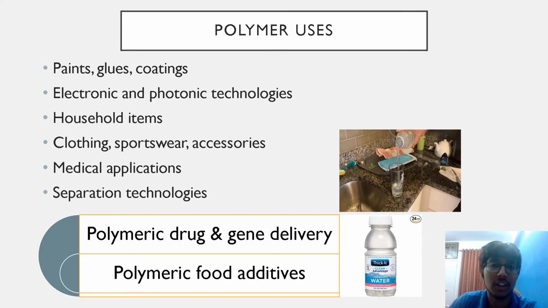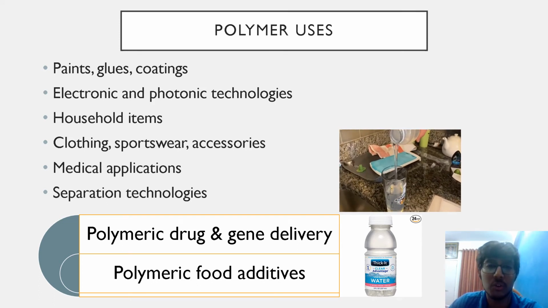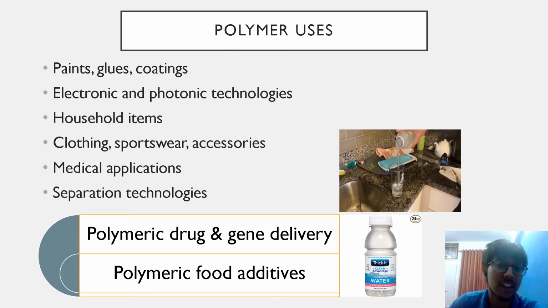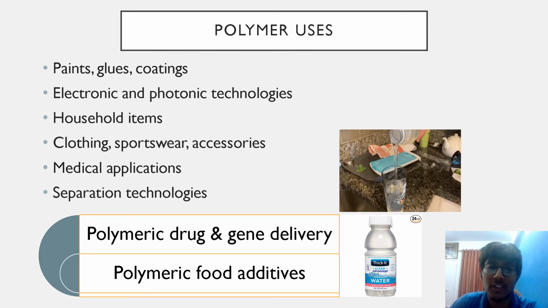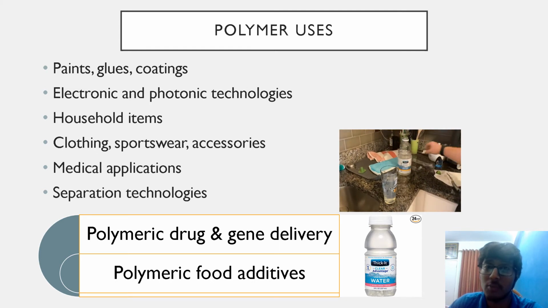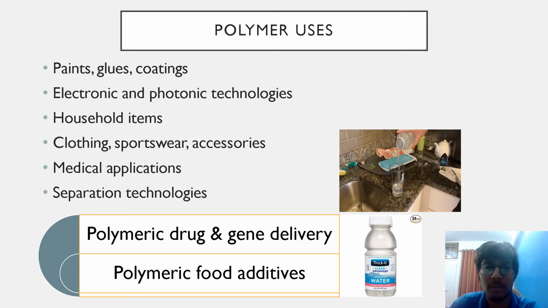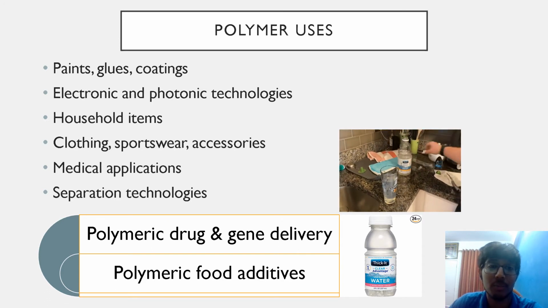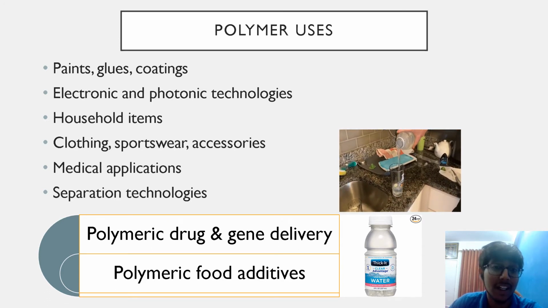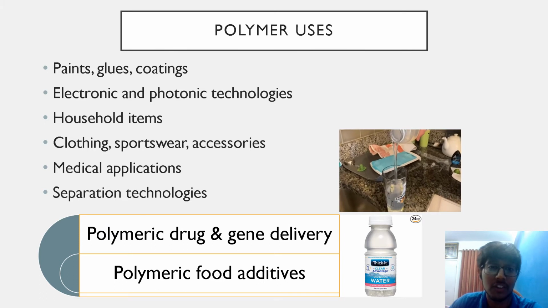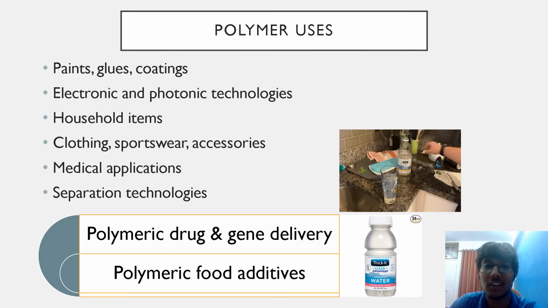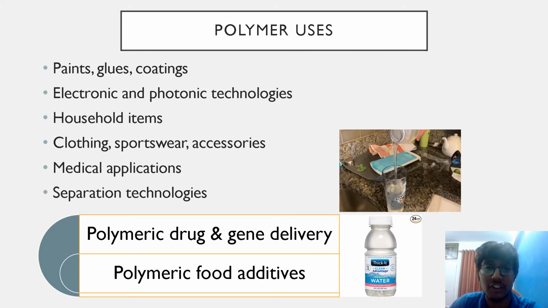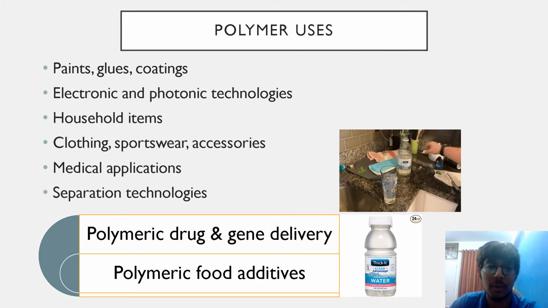Right, so they are used in paints, glues, and anti-fouling coatings for chemical reactors or heat exchangers. They're used as transistors or diodes in electronic equipment. They're used in household items, buckets, kitchenware, etc. They're used in clothing, sportswear. They even have medical applications. They're used as syringes, rubber gloves, contact lenses. They're even used as synthetic membranes, fuel cell membranes, and ion exchange resins in the chemical industry as part of separation